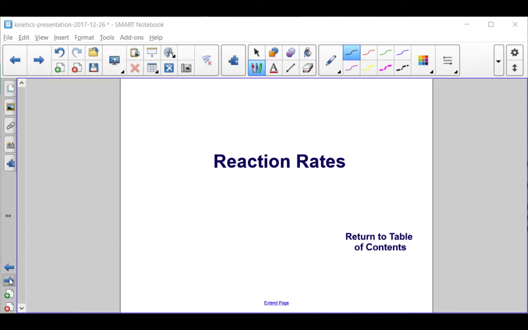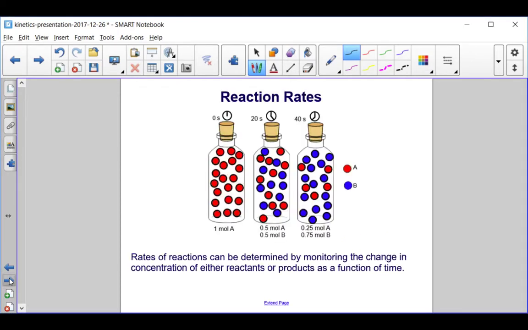This section is on reaction rates. Rates of reaction can be determined by monitoring the change in concentration of either reactants or products as a function of time. So here you can see at time 0 seconds, in the reaction vessel, we have 1 mole of substance A. As time progresses at 20 seconds, we see that some of